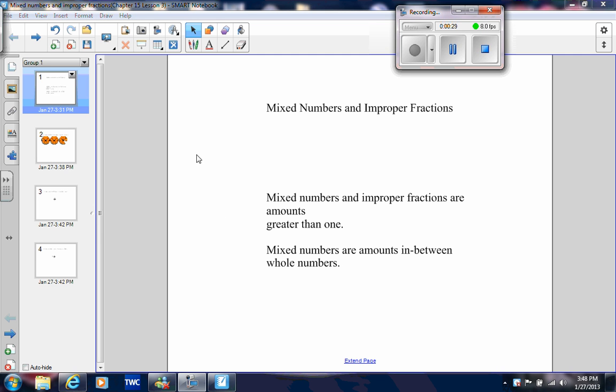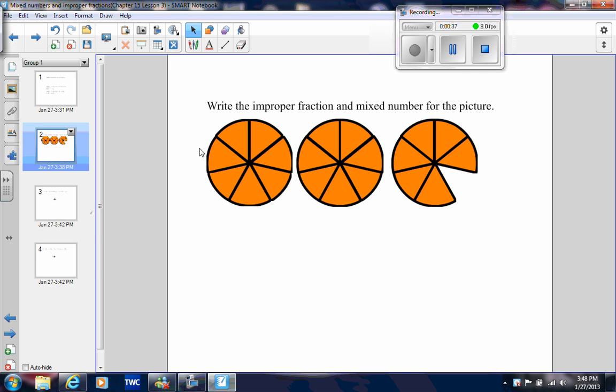Now, we'll start off with a picture, and I think we'll probably do pictures for each one of these, but this is the first one that I have to start off with. So you can see that this is a whole thing right here. If it were a pizza, for instance, it would be a whole pizza. This would be another whole pizza, and this pizza would have one slice eaten out of it so far. All right, so